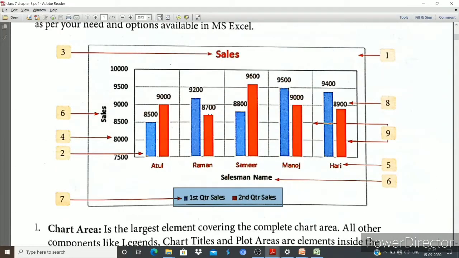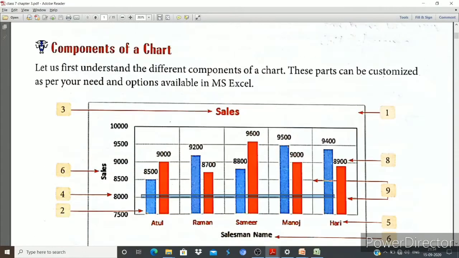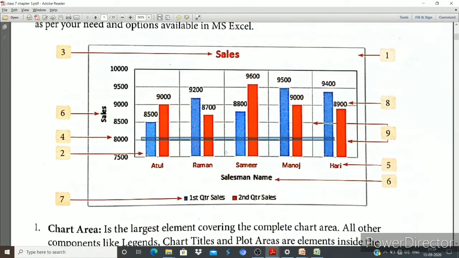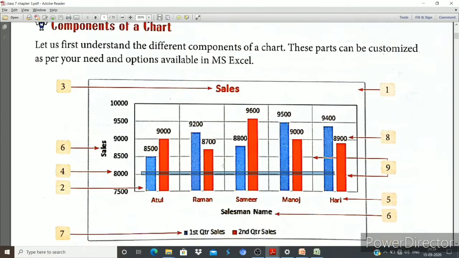These horizontal lines you can call the grid lines. By these lines you can see the exact value of your bar or your column. These are also known as grid lines. You can find them horizontal, meaning along the x-axis, or in the vertical direction, like the y-axis. So these are all the nine components which we can see in a chart.